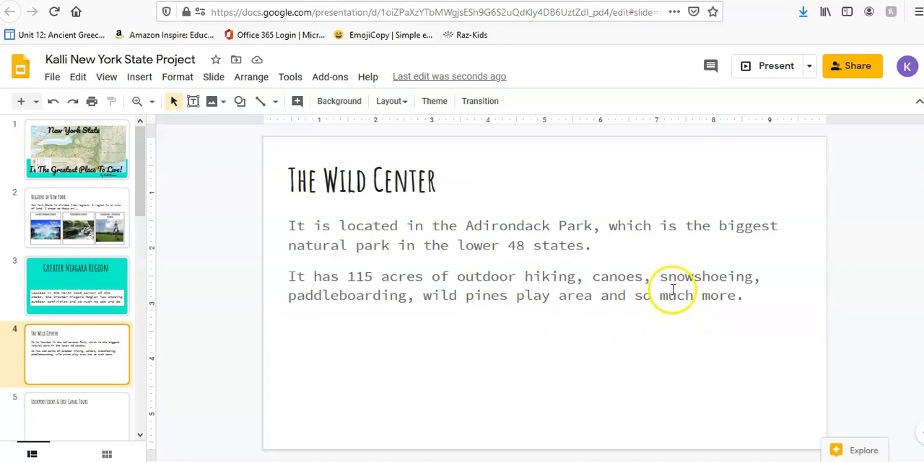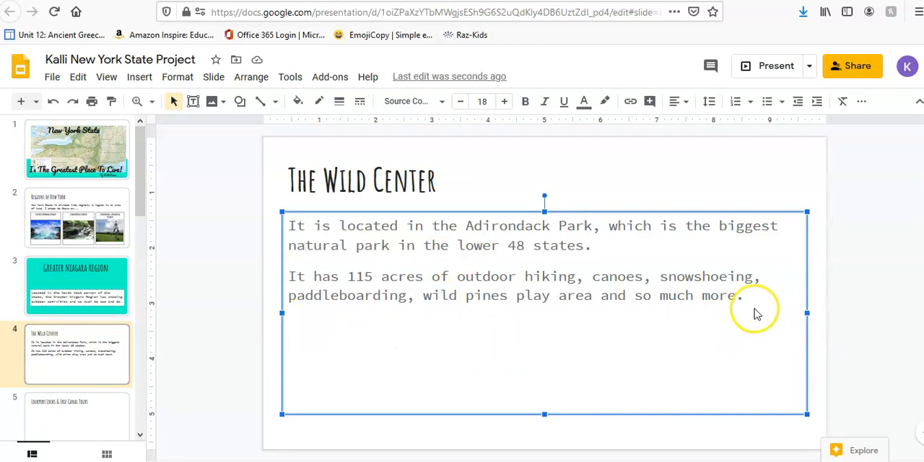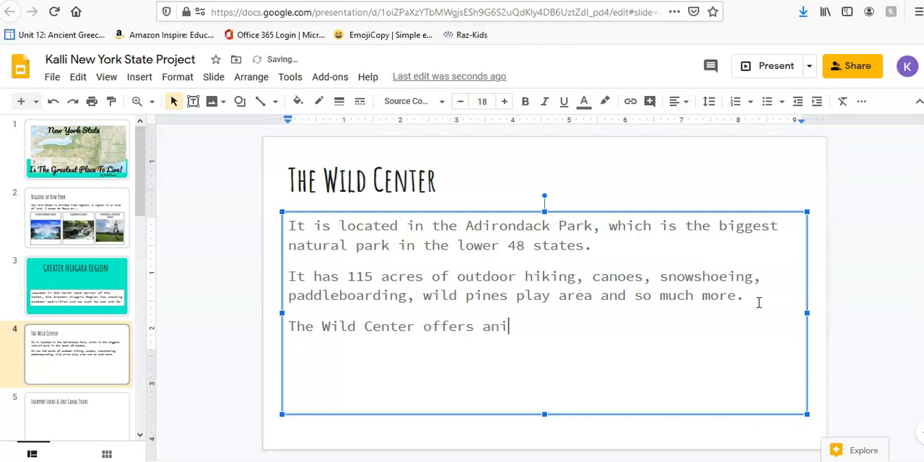So now I'm pulling up my Niagara body planner and I'm looking at more details that I had written down for the Wild Center. I have one more piece of information. So I'm going to click my text box and I'm going to say that the Wild Center offers animal encounters. So now I got this piece of information while I was on the Wild Center website, but that's all